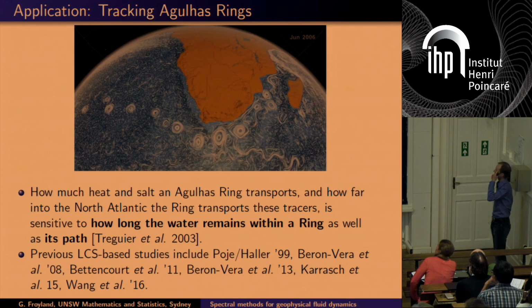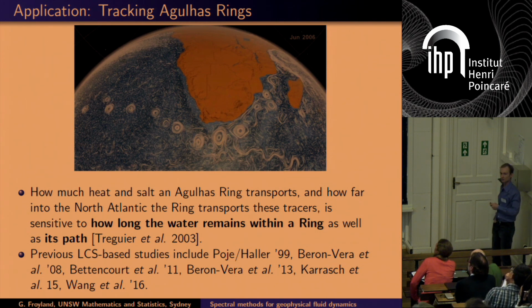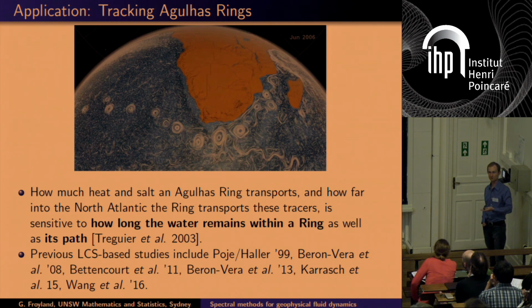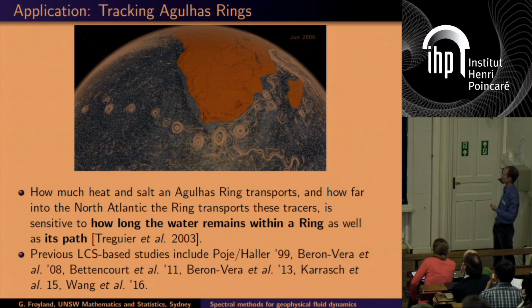Okay, so the first of these is tracking Agulhas rings. So these are well-known objects that form in the Indian Ocean and move along the Agulhas current out into the South Atlantic. And they are carrying salt and heat from the saltier, warmer Indian into the fresher, cooler Atlantic. And oceanographers are interested in how much of this heat and salt transport is carried out by these rings. So if you had an efficient automatic way of finding these rings and calculating the transport, this would go some way to answering questions about heat and salt transport from the Indian to the Atlantic.